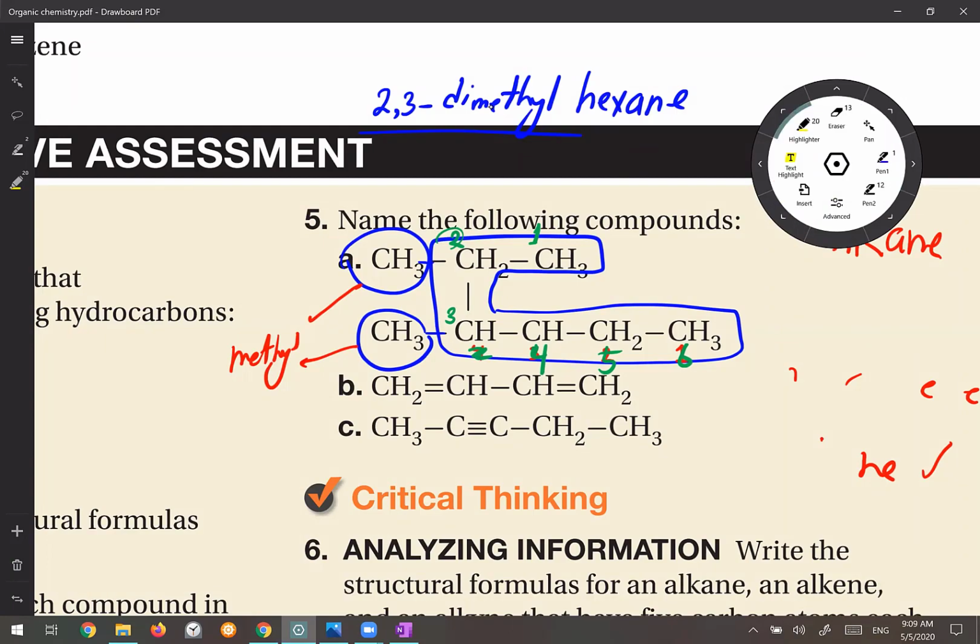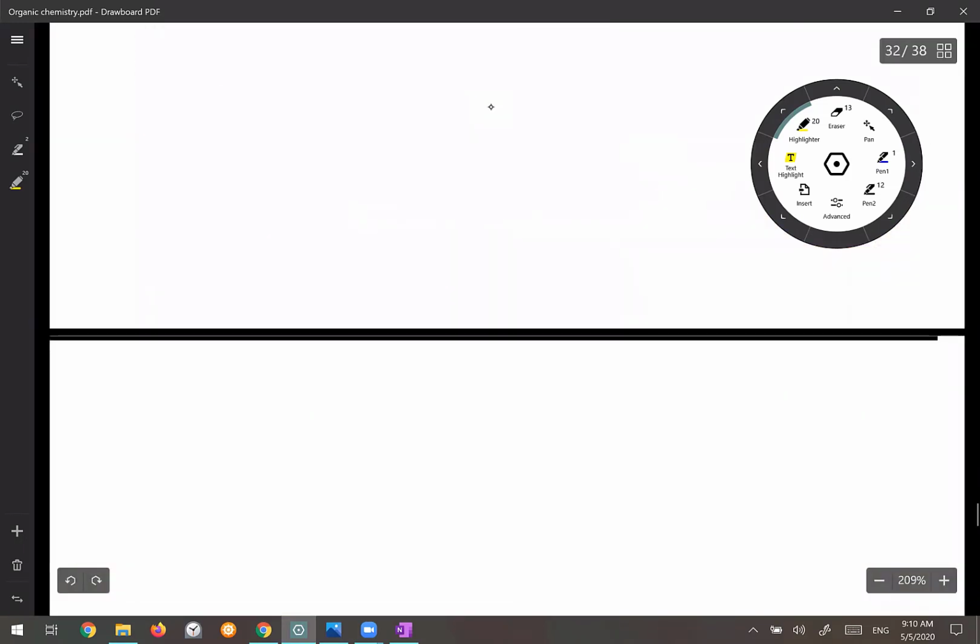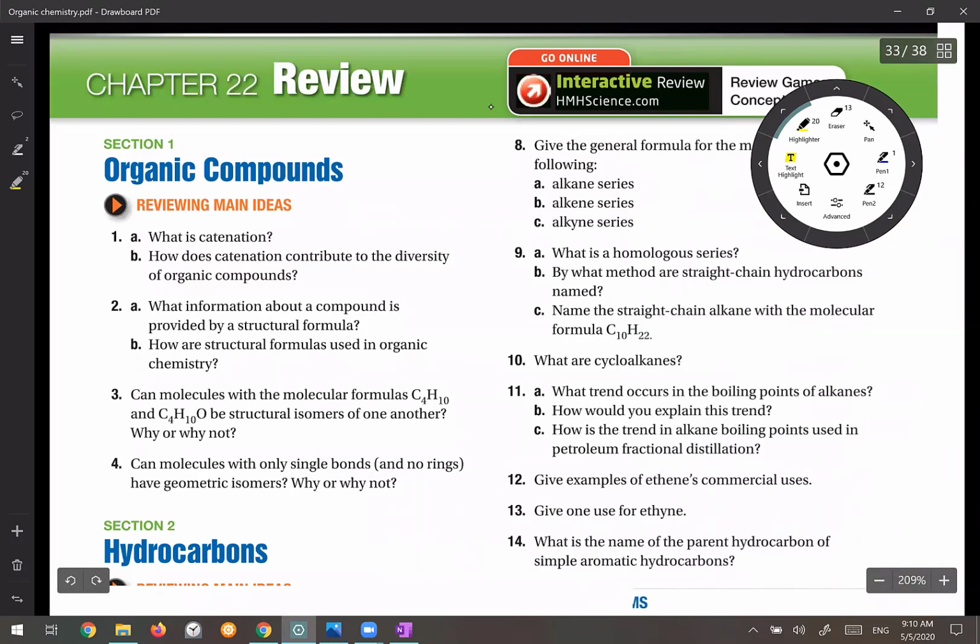It's a very important example because it shows you that when you want to find the parent, it's not necessary to be written straight. So it can be like this, for example. But still, this one is the longest chain of the hydrocarbon in this compound, and we have to choose that one as a parent. I move to chapter review, question number